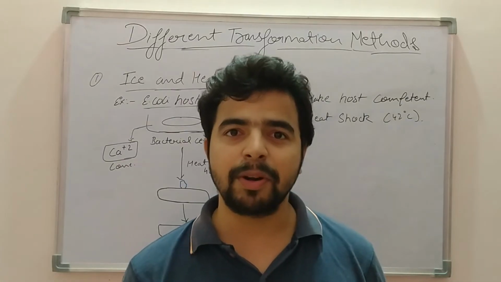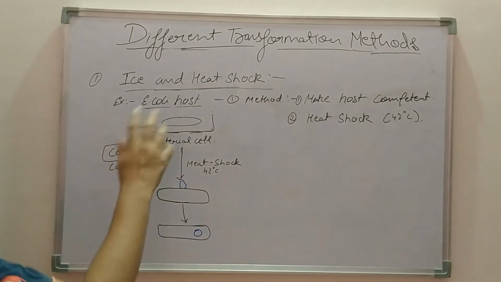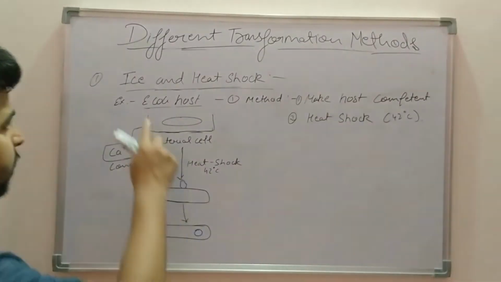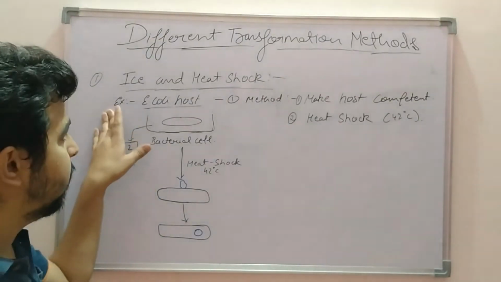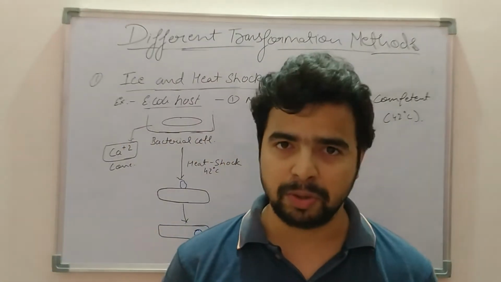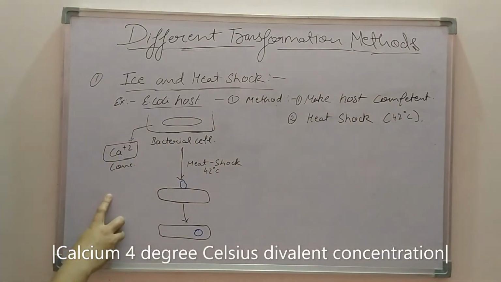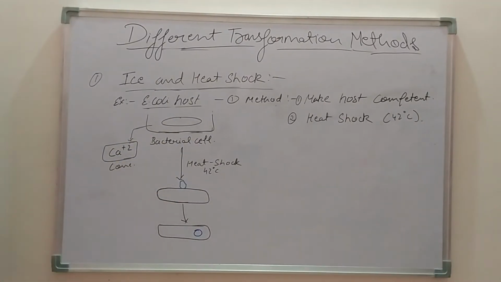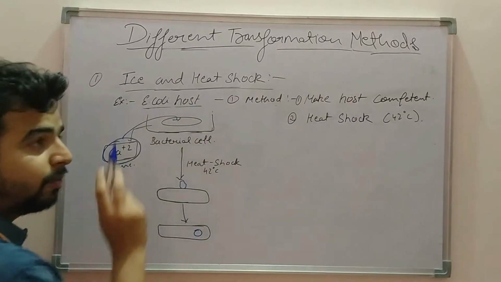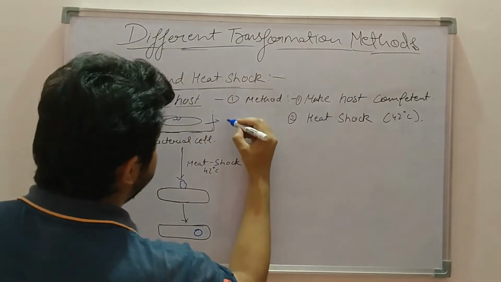Now I am going to discuss different transformation methods, and one of the methods which I have written here is the ice and heat shock method. Basically, in this method we select a host, for example E. coli, which is a bacterial cell, and we first make the E. coli cells a competent host. To make it a competent host, we use calcium concentration. So what will happen with this calcium concentration? The calcium will bind to the phospholipid layers of the E. coli, and it will neutralize